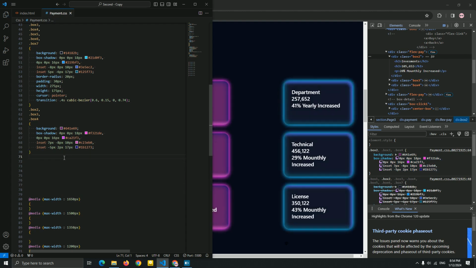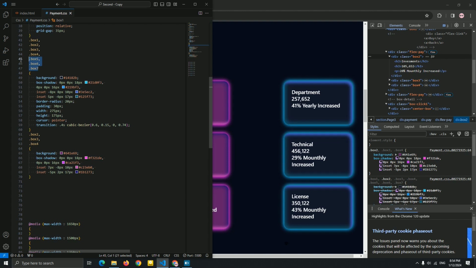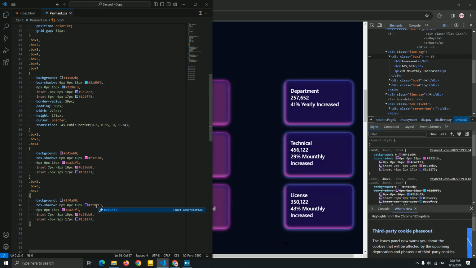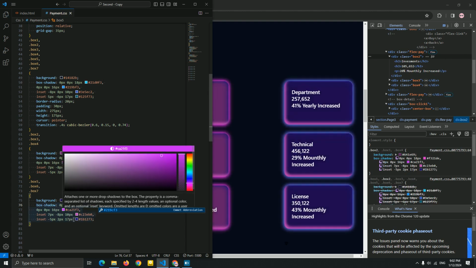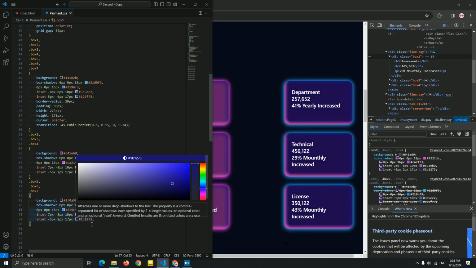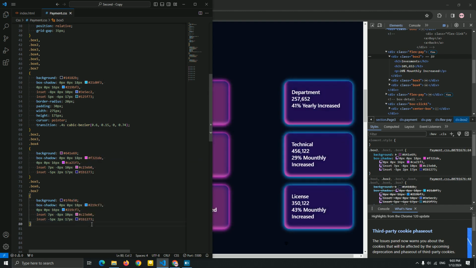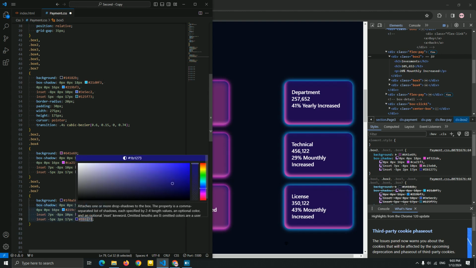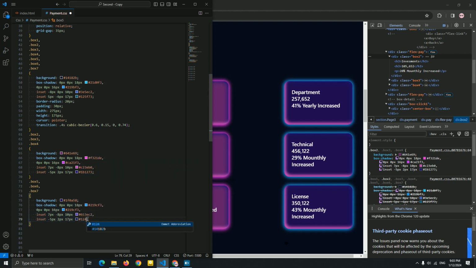Now for the box 5 and the box 6 and the box 7, I'm gonna add it here to change the color of the background. Gonna copy this, paste it. Okay. And let me see. The color of the inset, let me use this color, guys. And for this, I'm gonna add this color. Okay. Let me see what we need for this, guys.